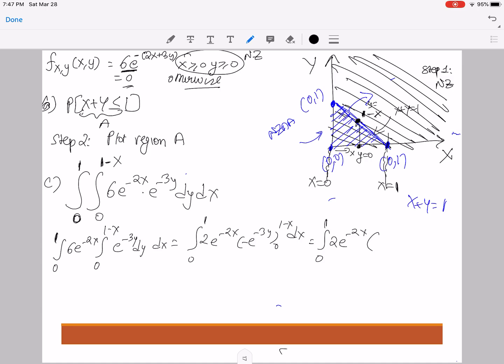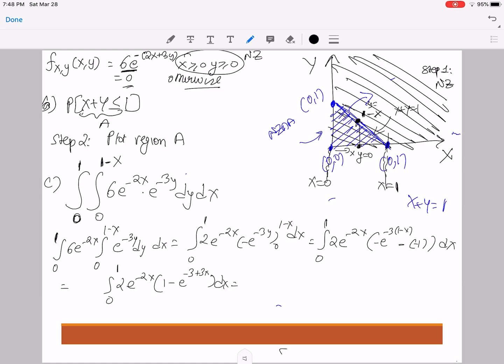When I plug in 1 minus x, I get negative e to the negative 3 times 1 minus x. When I plug in a 0, I get a negative 1. So 0 to 1, 2 times e to the negative 2x, times 1 minus e to the negative 3 plus 3x,